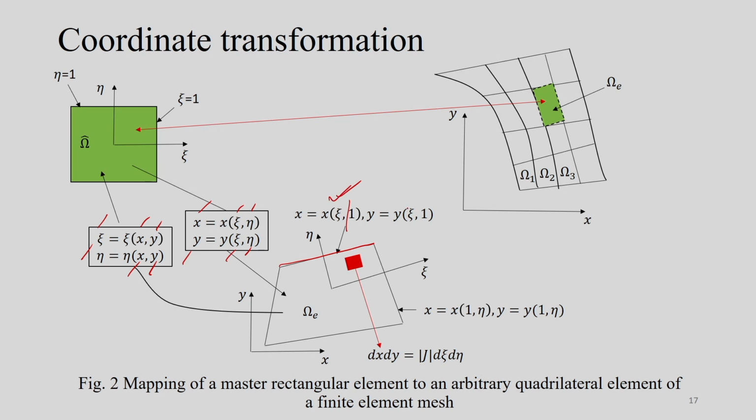Even along the y axis, we have the same kind of variation, with eta equal to 1 and xi varying. So, along this particular edge, the variation of x is only a variation of xi, and here is the variation of y with eta. The element dx dy is in actuality related through the Jacobian J, which can be represented in terms of the coordinates, and d xi d eta is the elemental area we will be using.